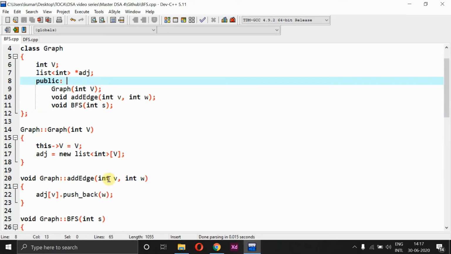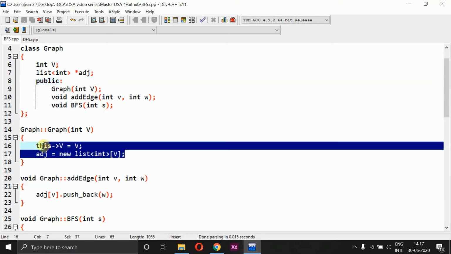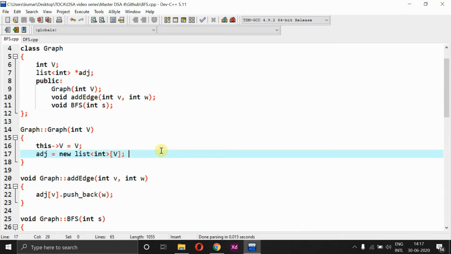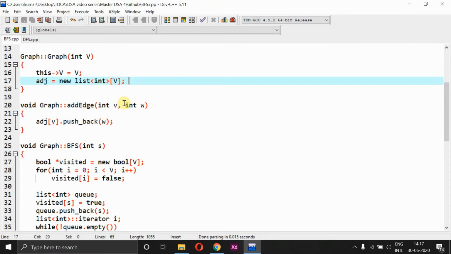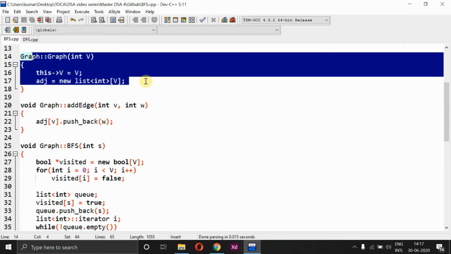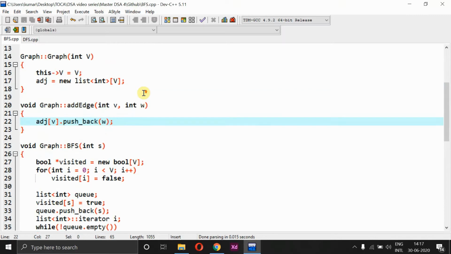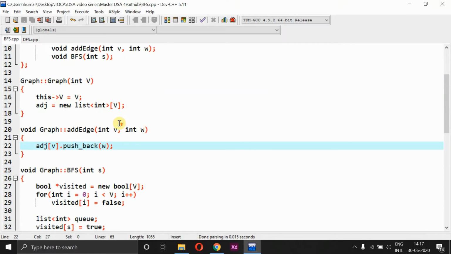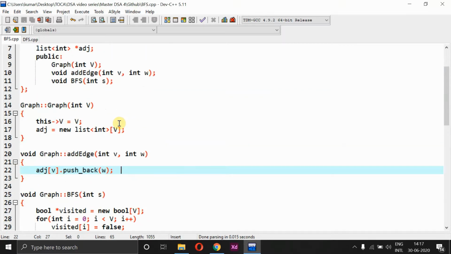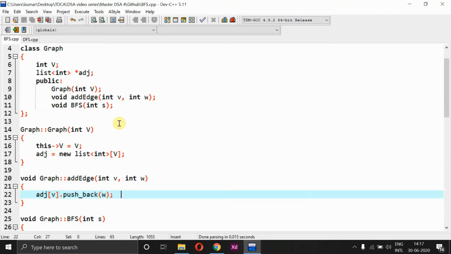First we give the vertex value, and all those vertices will be added over here. According to this, 4 vertices will be created, and now I have an edge, right? Every time we give a push back, it acts like a queue, or like a list, so that every time it will add that value corresponding to that vertex.